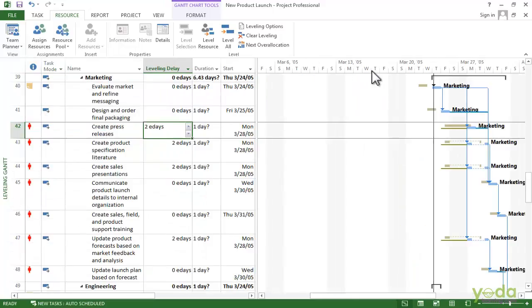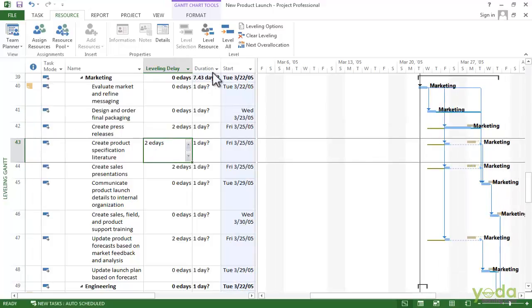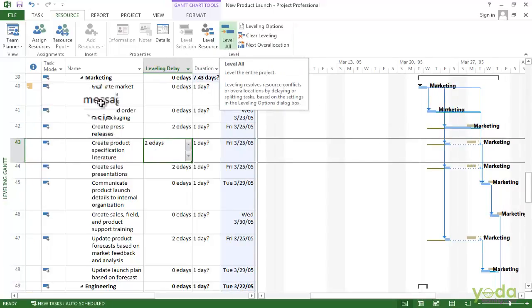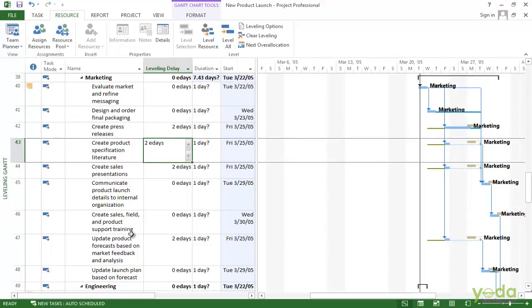This leveling did work because all the red people indicators are gone. So when I clicked on level all, it has leveled everything and all the red people are gone from the indicator columns. So the office manager is no longer over allocated. The marketing manager is no more over allocated here.